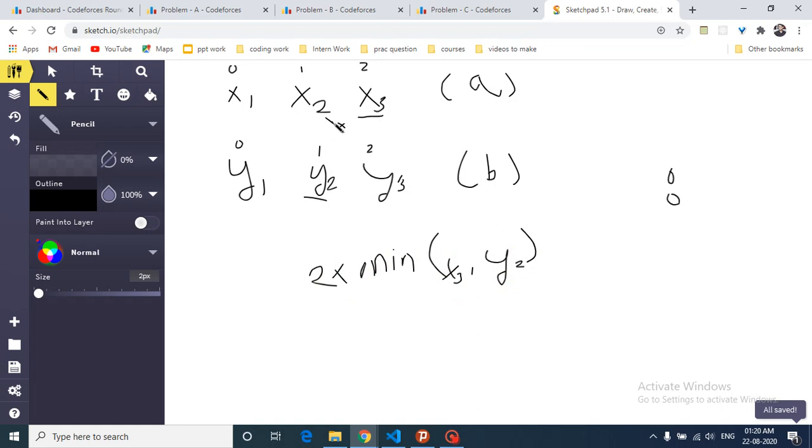Now we want to minimize this. I have used some amount of this. Maybe after using this it will become 0. Let's assume that the frequency of 2 is 3 and this is 5. So the minimum of this is 3. So I have used 3 2's from this sequence and 3 1's from this sequence, and after using that, this will become 0 and this will become 2. This will happen, but it can also happen that this is 5 and this is 3. So this will become 0 and this will have some elements remaining. Okay, so there can be anything.